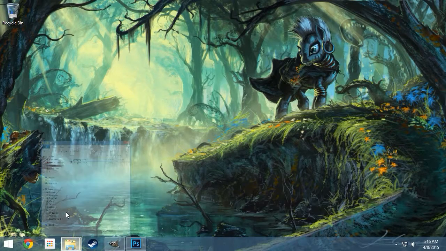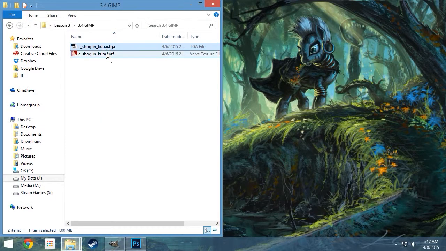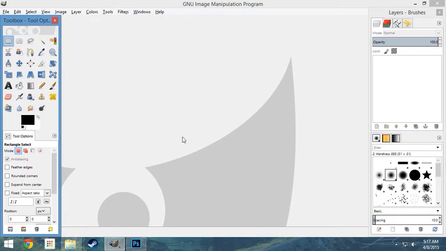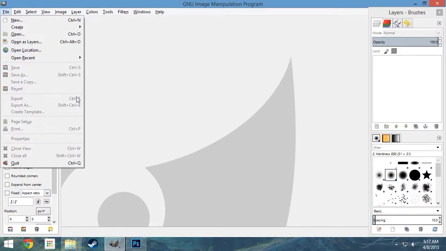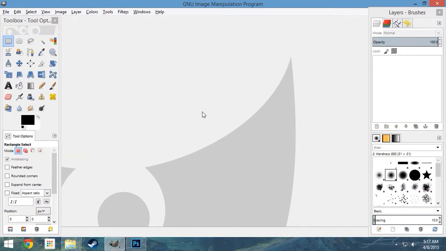In theory, the process should be as simple as opening the target file from the last lesson in GIMP, modifying the texture's design using the image editing tools, then exporting the file as a targa so it can be imported by VTF Edit. However, due to how GIMP handles things such as alpha channels, transparency, the way layers merge and interact, and the subtleties of the export function, it is not that straightforward. I'm going to do my best to explain each part and what you need to look out for, starting with